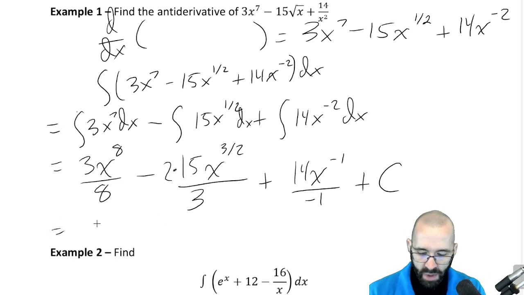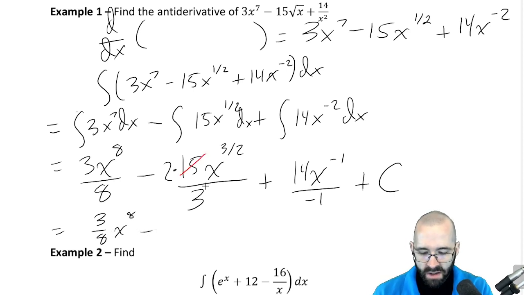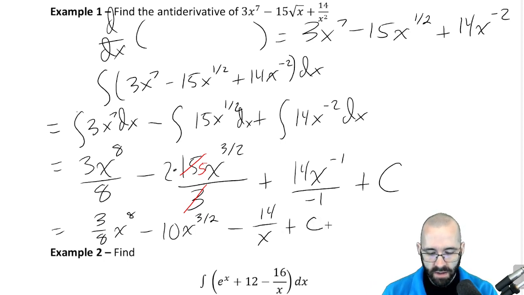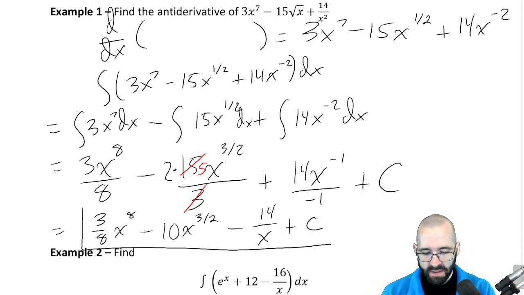What do we have? We have 3/8 x to the 8th power minus, how does this simplify? 15 divided by 3 is just 5. So we have 2 times 5 is 10. And then we're dividing by a -1. That's the same as multiplying by a -1. And x to the -1st power is dividing by x. So this